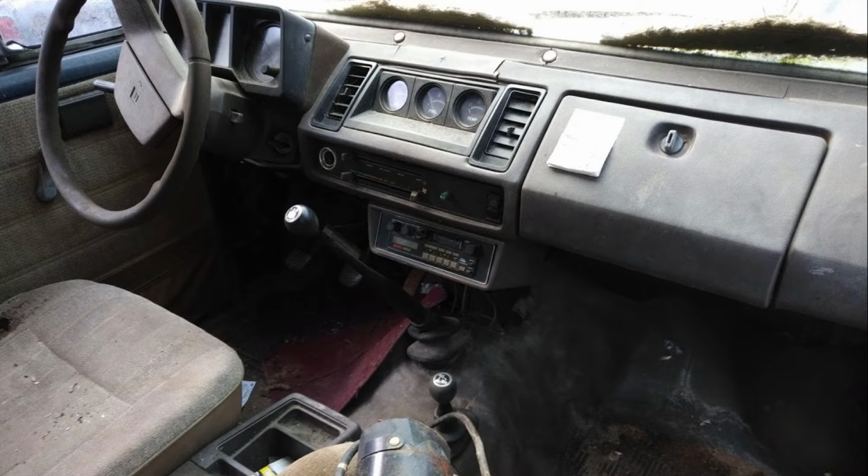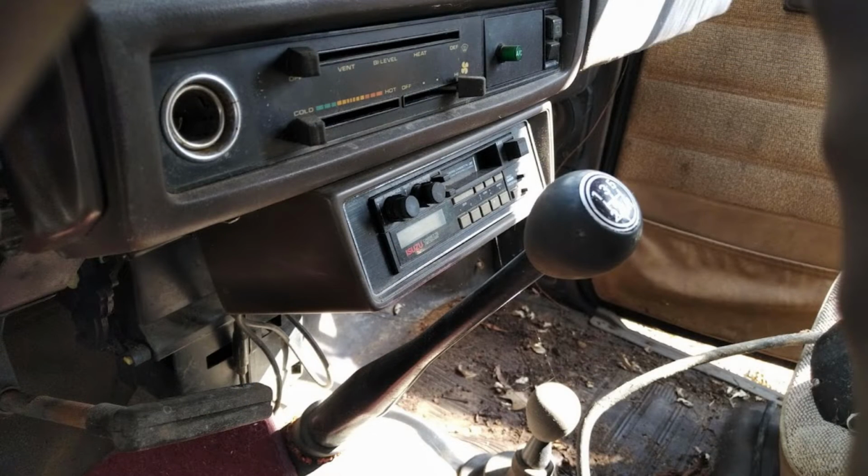Other things up front, passenger bucket seats in good shape. The original Isuzu tape deck is still there. The original shift knobs are still with the truck. It has all those things that, if this were an abused or pillaged truck, would be missing by now, but they're in good shape. And another good sign is that the very brittle and oftentimes destroyed plastic cassette holder mount is still in great shape too. The dash is cracked. I'll look to replace that at some point. I have a few leads on a replacement dash that is free of cracks,